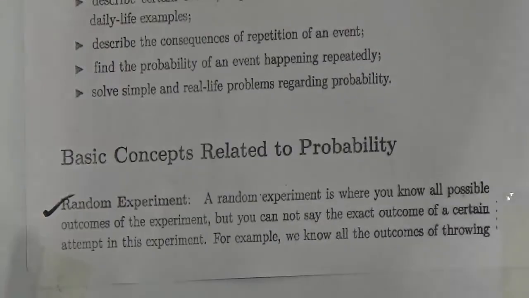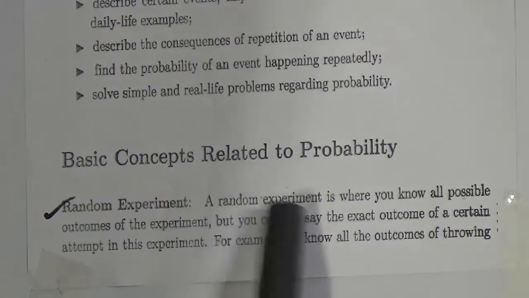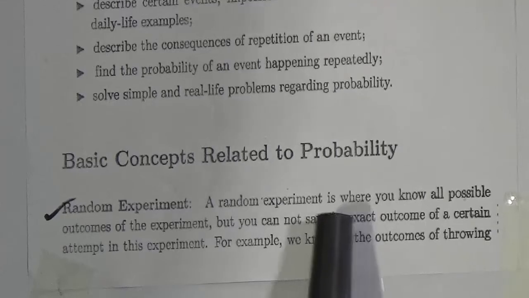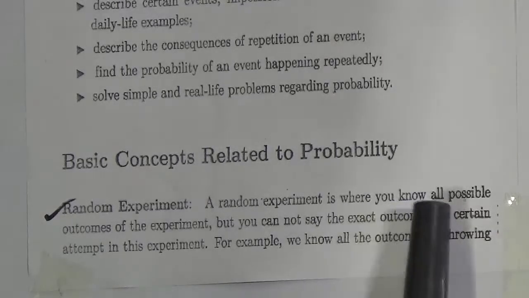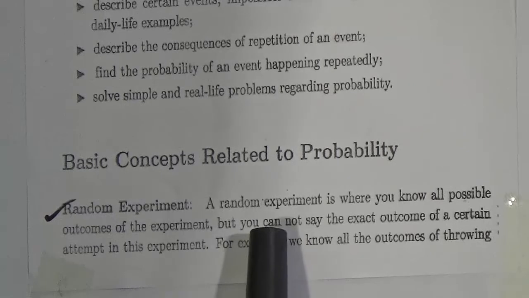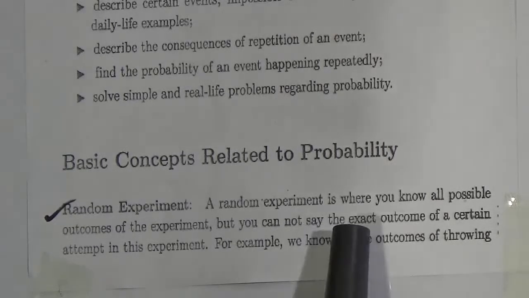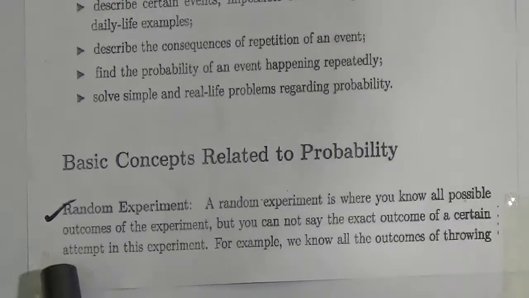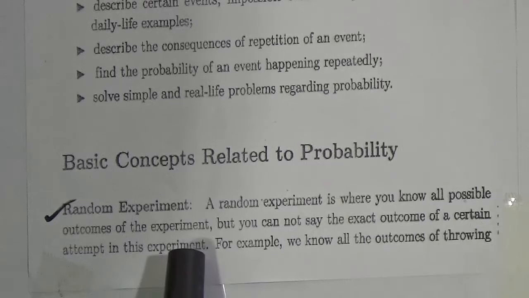Here basic concepts are, at first one is random experiment. Dear students, we need to know at first what is random experiment. Random experiment is where you know all possible outcomes of the experiment, but you cannot say the exact outcome of a certain attempt in this experiment. It means that